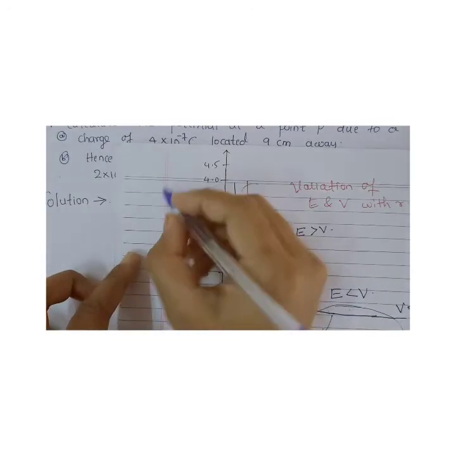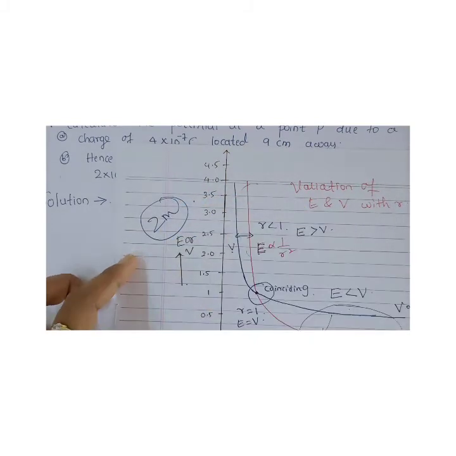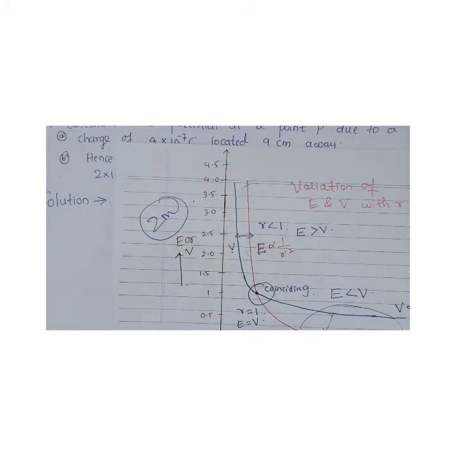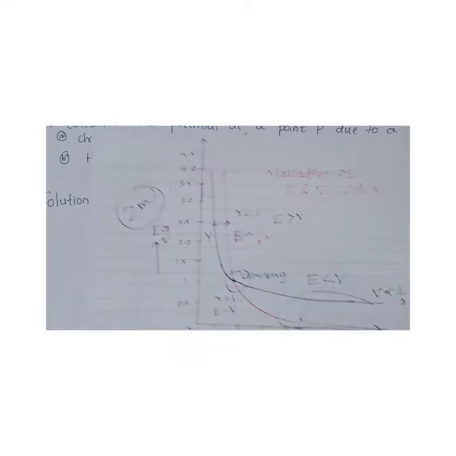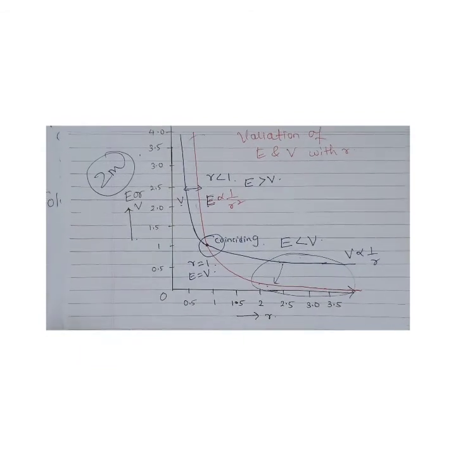So this question is asked for 2 marks. No need to explain all these things. You can just draw the diagram, and you have to mention the x-axis and y-axis. That's very important. Okay, I hope you understood up till here. Now let us solve one problem on potential.